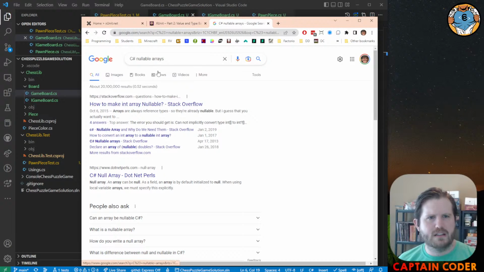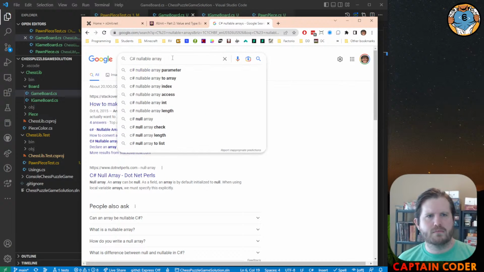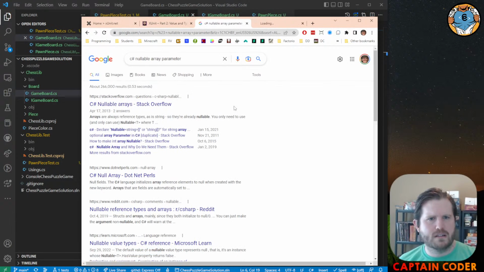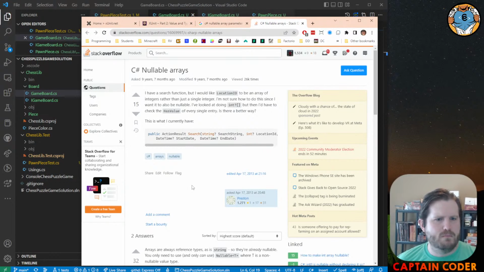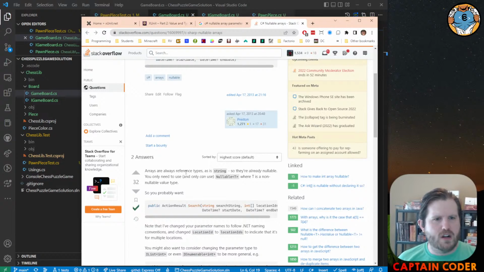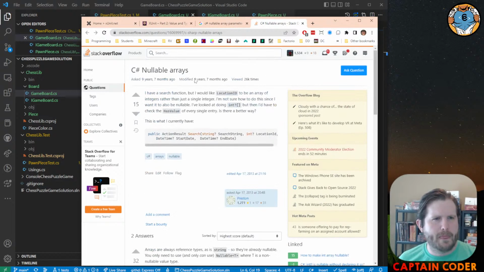Arrays are always reference types, so they're already nullable. You only need to use nullable